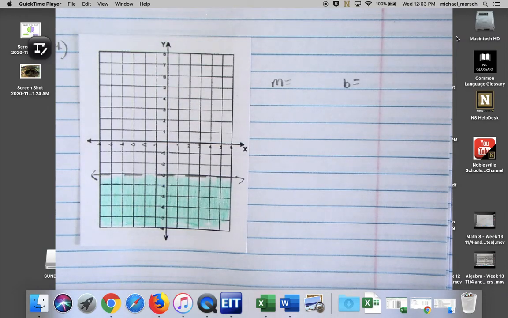Horizontal. 0. Mr. Slopeface. Remember he has the little zeros on the